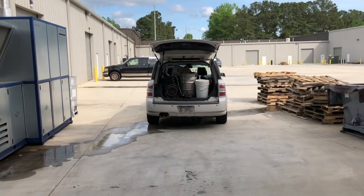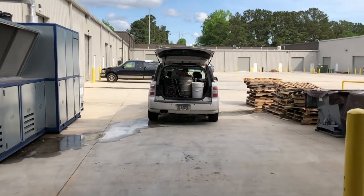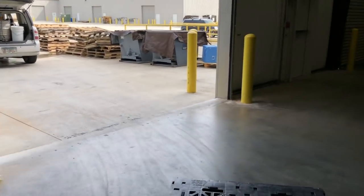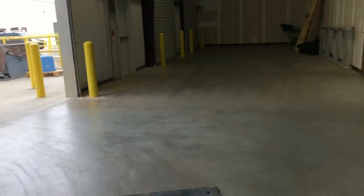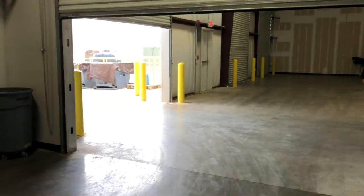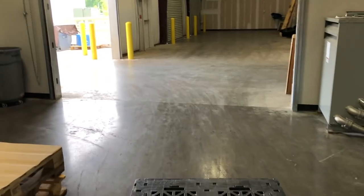Target gravity was 1.056. I hit 1.058. So a little better efficiency than expected. Volume's up, so probably about 90% efficiency. Anyway, that's a wrap. Just taking this pallet jack back,